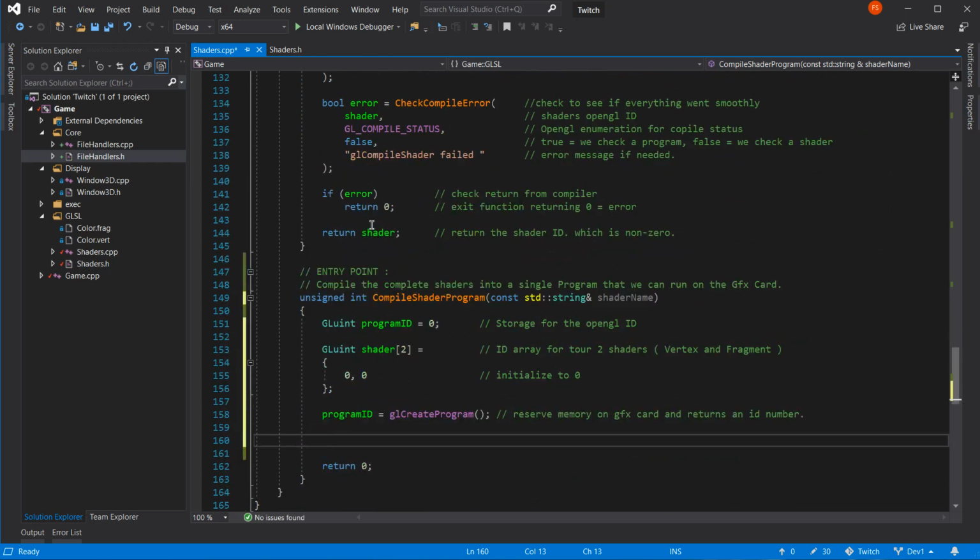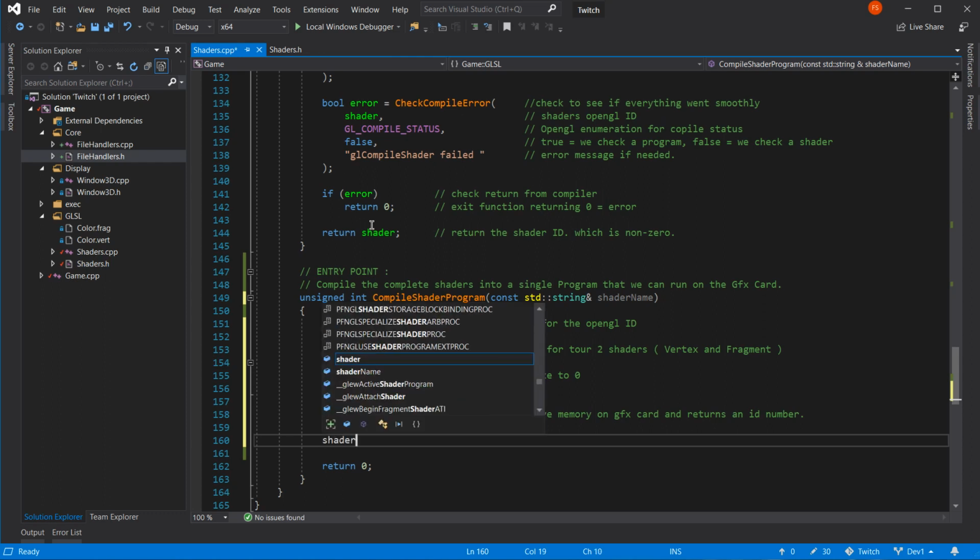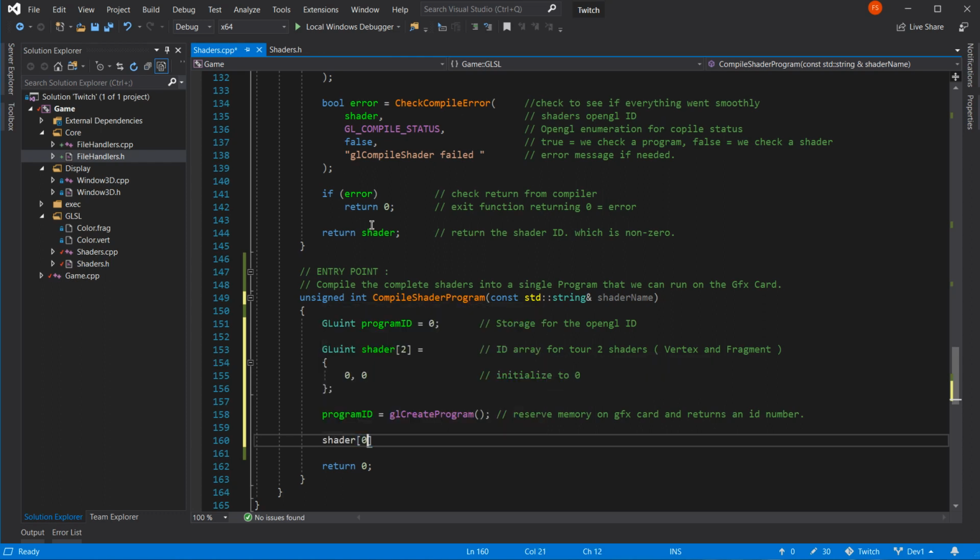Fine, yeah. Okay. So, shader number 0 equals create shader, innit?